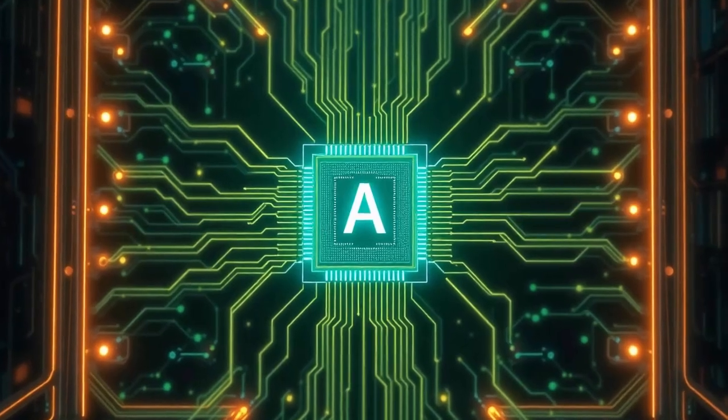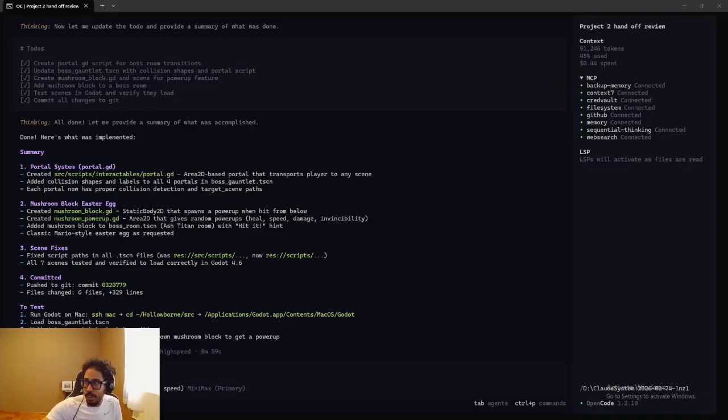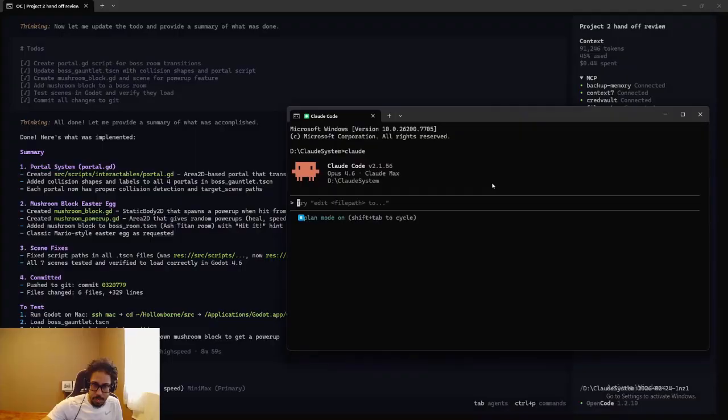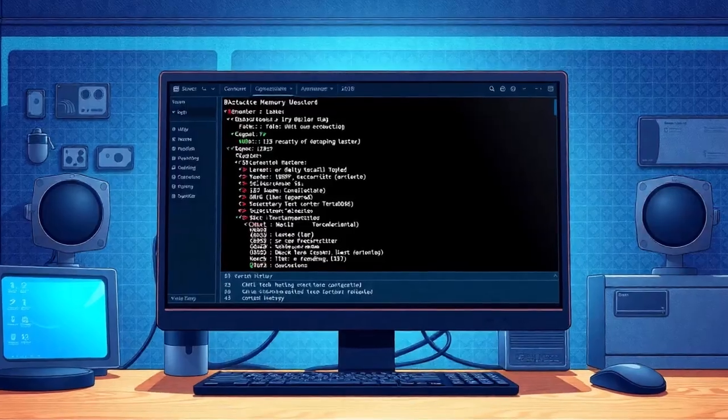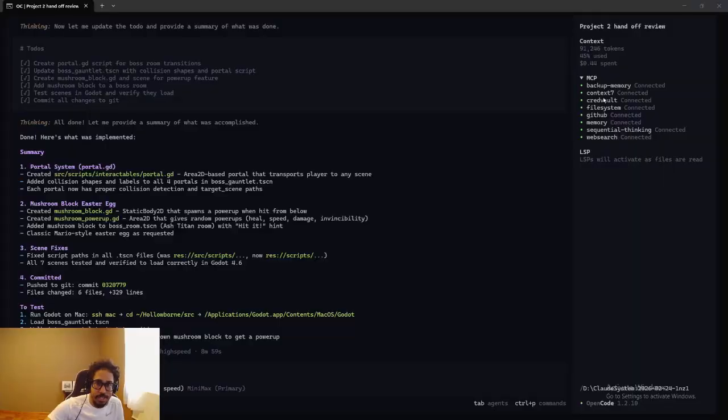The memory on this thing is crazy. So you have Claude do your own research on things like rules, regulations, stuff like that. I have Claude Code, and I have it in plan mode, and I can pretty much have it do different things that I wanted to do. There's something called MCP here. Like I said, I'm really a newbie, so I think it's called Model Context Protocol, I believe. I have backup memory for my open code. I have Context7. Some of these things let you have persistent memory in your open code.